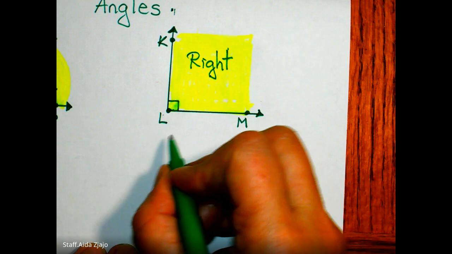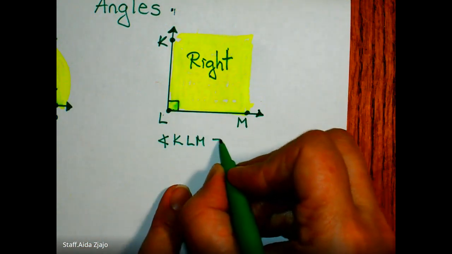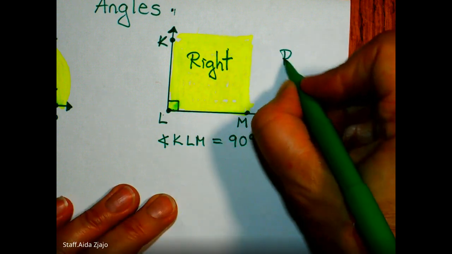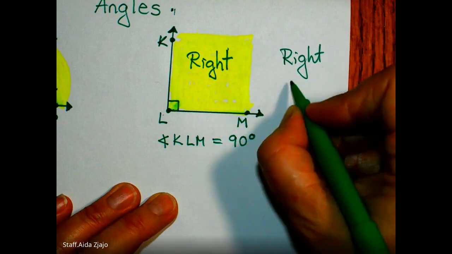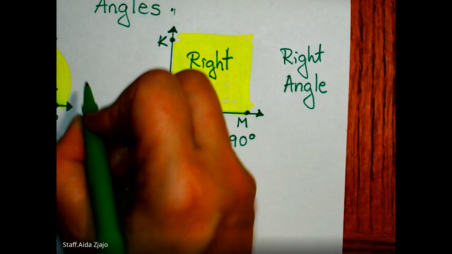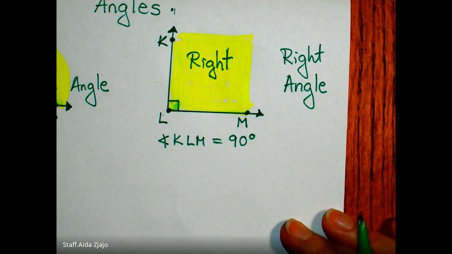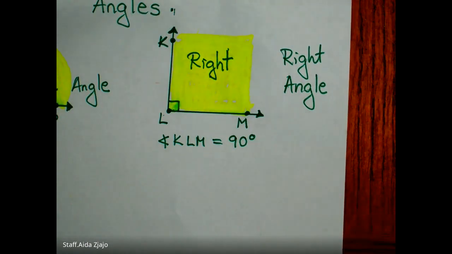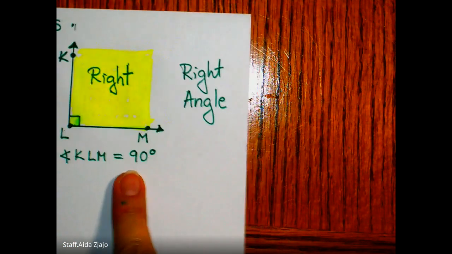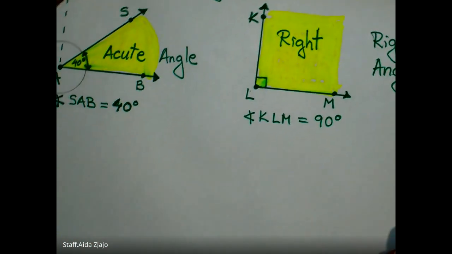Right angle. And so we can say angle KLM is equal to 90 degrees. That's called a right angle. And this one is called an acute angle. Okay, so now we have acute, less than 90 degrees, 90 degrees, right angle, and then we can go and create